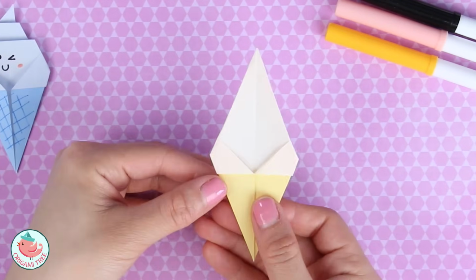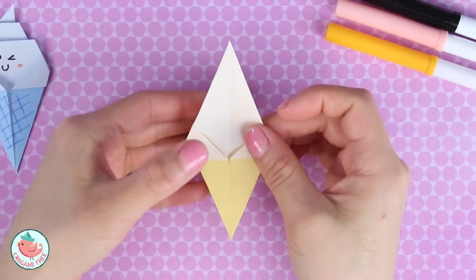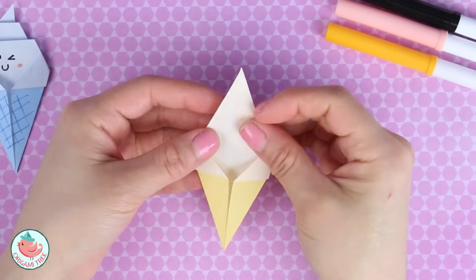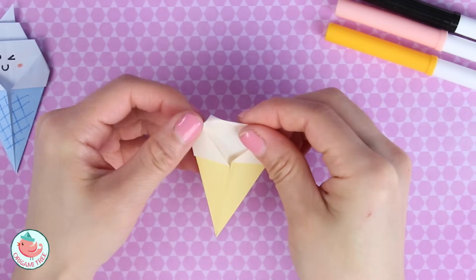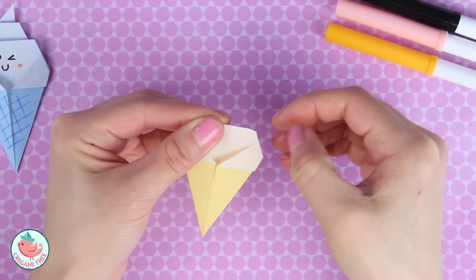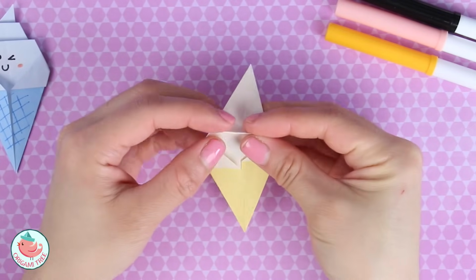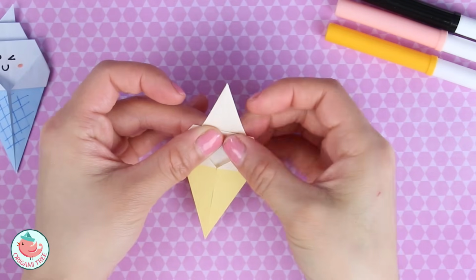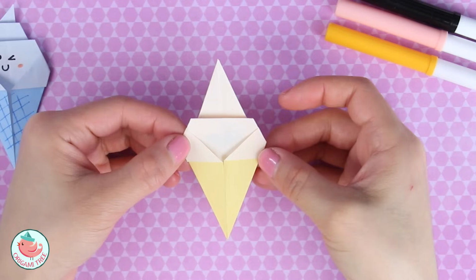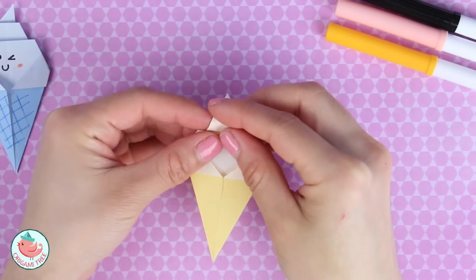Now let's flip it around and you see your ice cream is almost done. So now we're going to make the cream on top. So you're going to fold it back, crease it in, bring it back out, fold it back,